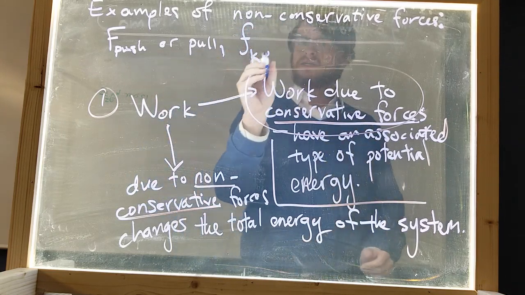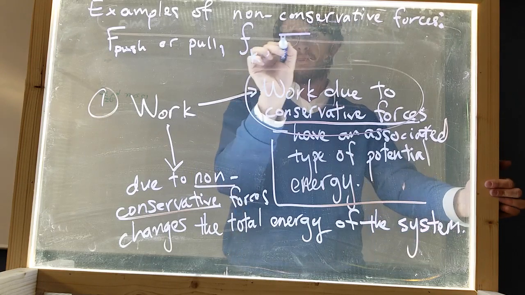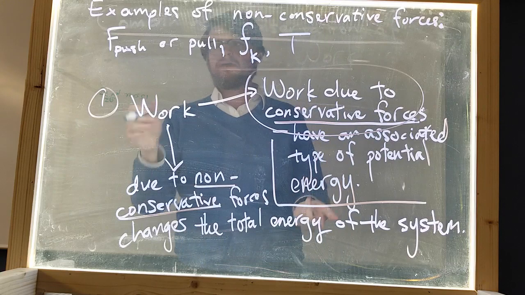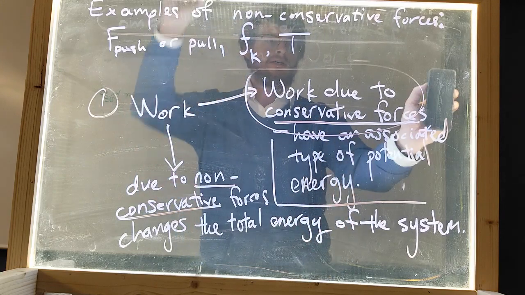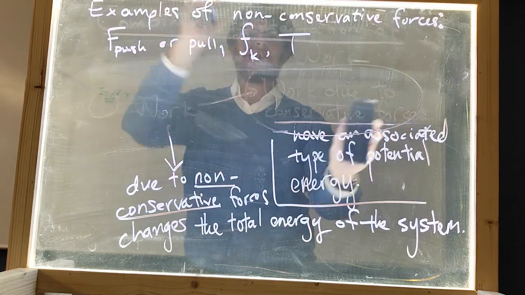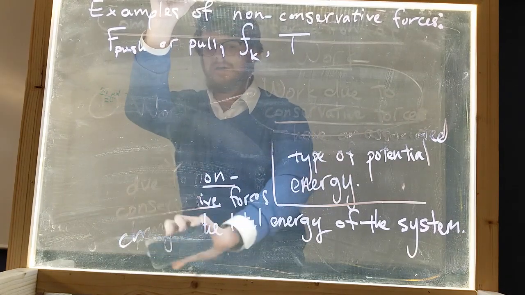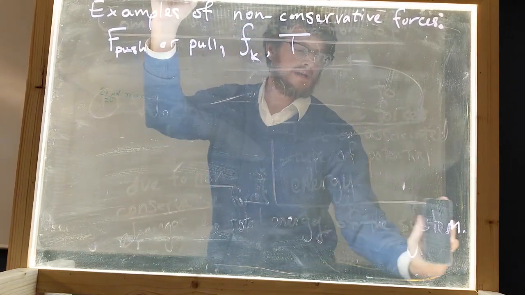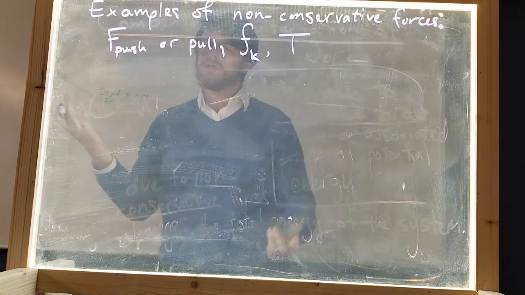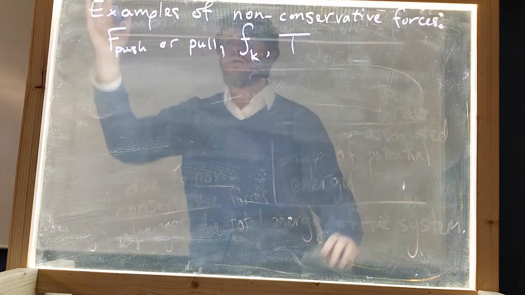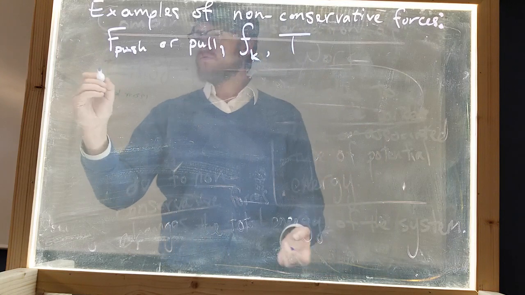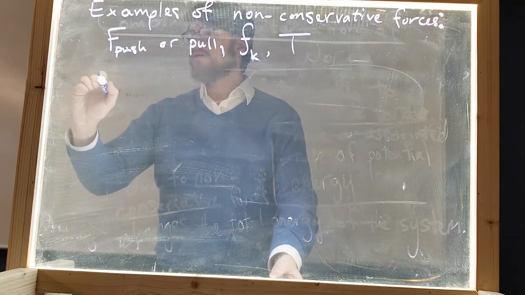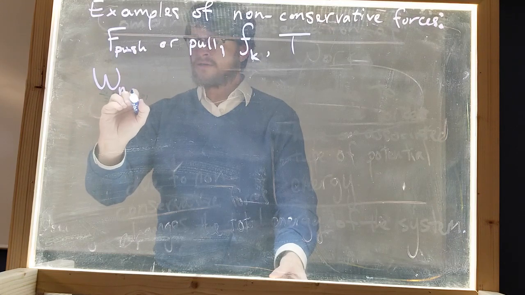Could be something like tension from a rope, potentially. If you're using a rope to pull something, then it's kind of another example of F pull. But these are examples of forces that can be non-conservative, and often are. The question of whether a force is non-conservative is: is it changing the energy of the system? And so when we want to talk about the work due to non-conservative forces,